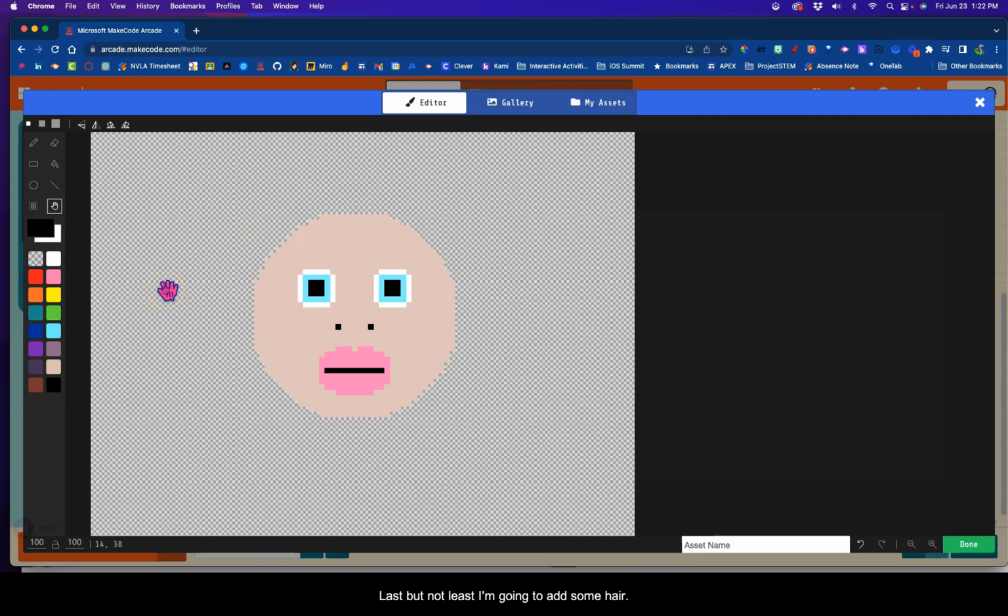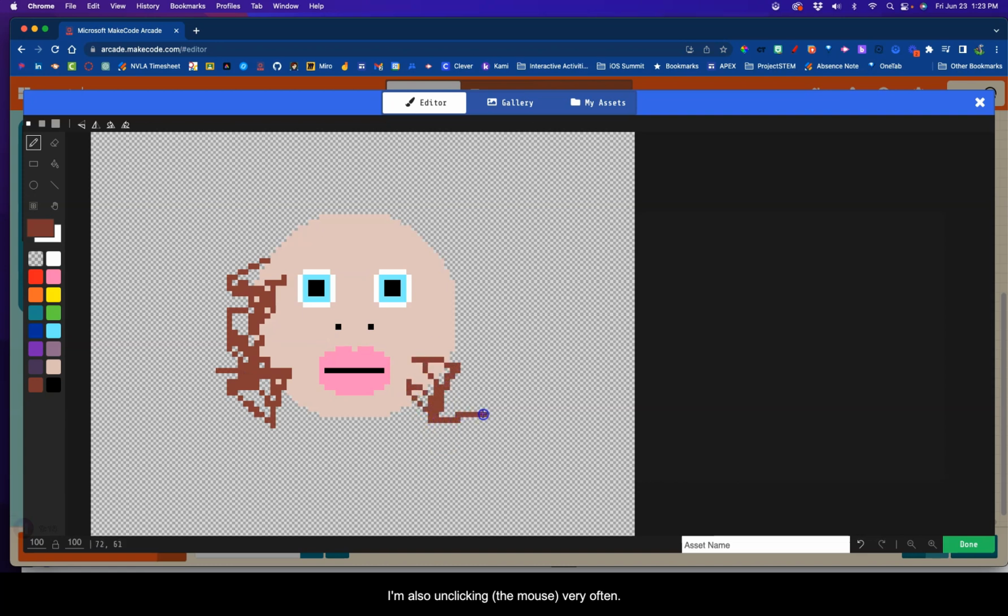Last but not least, I'm going to add some hair. I'm going to use my pencil tool. I'm going to just kind of make a little bit of a mess, I guess you can call it. I'm also unclicking very often because if I make a mistake, I can hit undo and it doesn't take